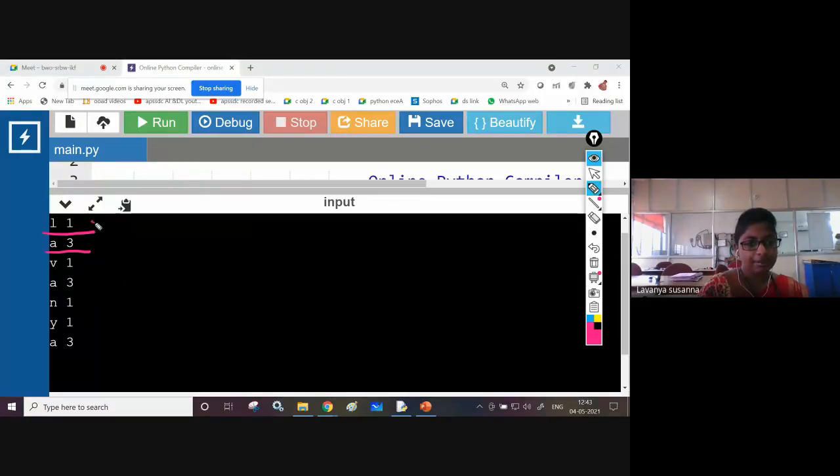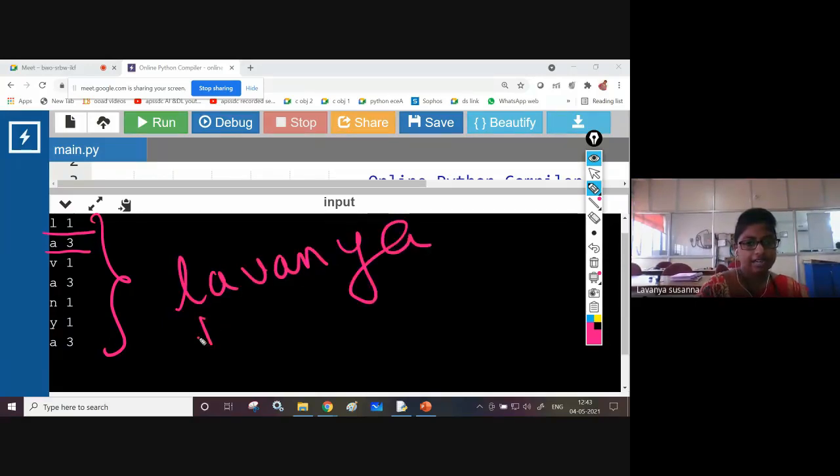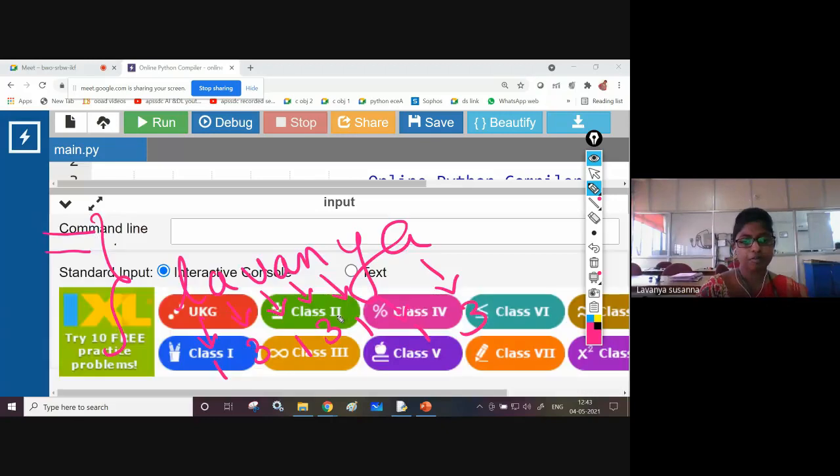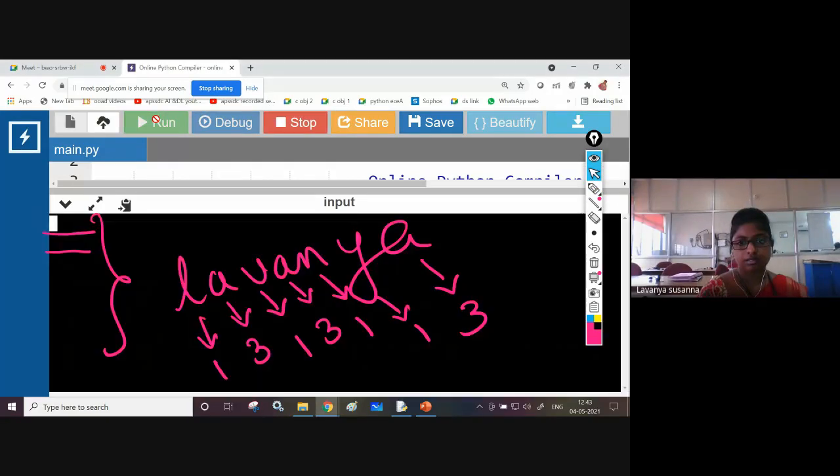Coming to Lavanya, L occurred one time, A occurred 3 times, V occurred one time. Maximum number of times only A occurred, right? So you have to display only A. Let us see the program for it.